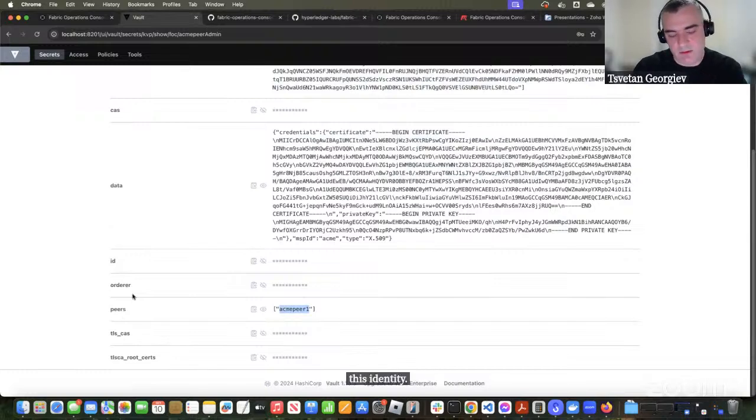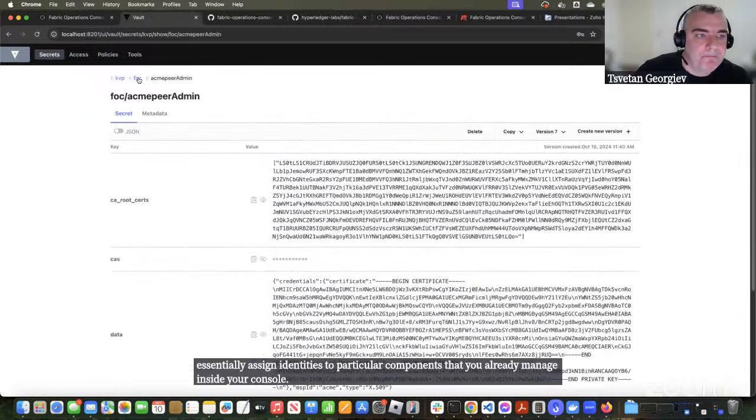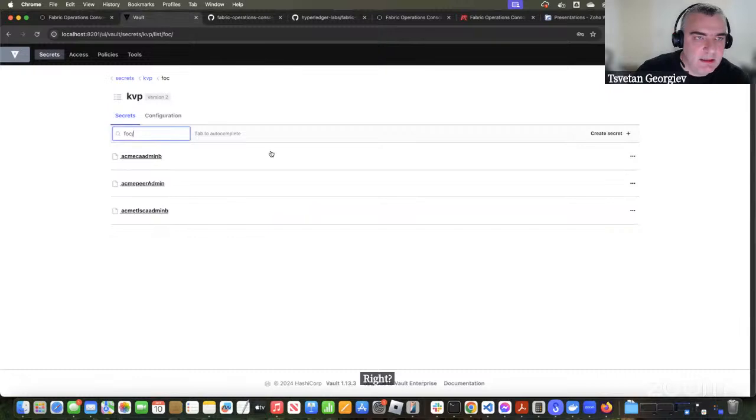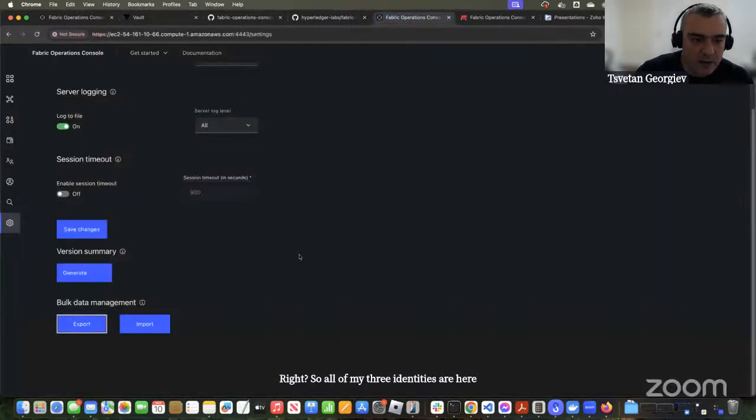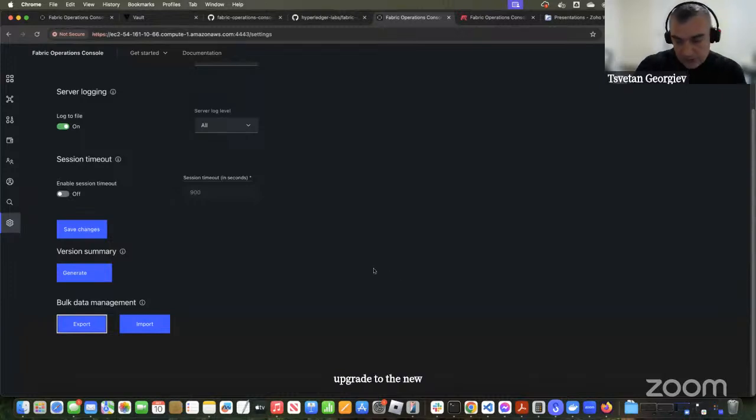That allows you, by importing and exporting, to automatically assign identities to particular components that you already manage inside your console. Right? Good. So all of my three identities are here. If you're about to use that new feature, and let's say you have your own console up and running, you may want to upgrade to the new one. But in order not to lose your identities,